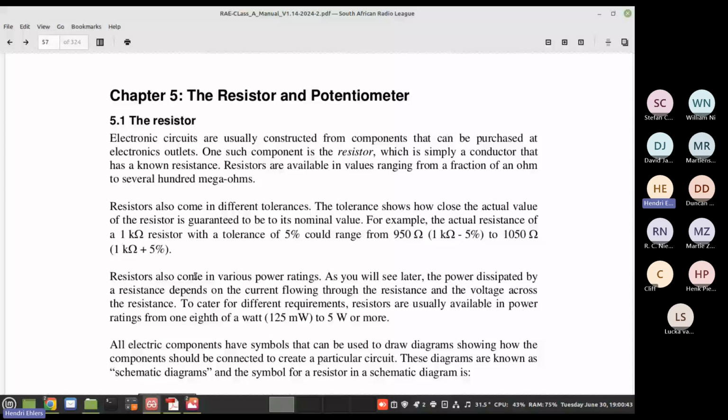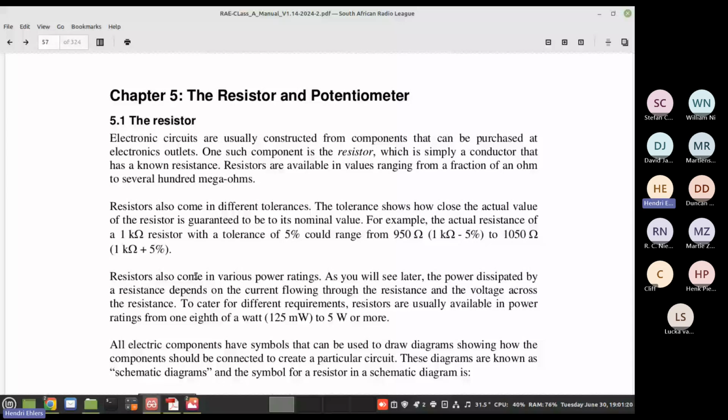what it does is in the name. It resists the flow of electrons. For the purpose from here on, we're going to only work with conventional current flow and not electron flow. So whenever we refer to anything, it is from positive to negative, unless it's explicitly mentioned that it's electron flow, then obviously you will know what to do with it.